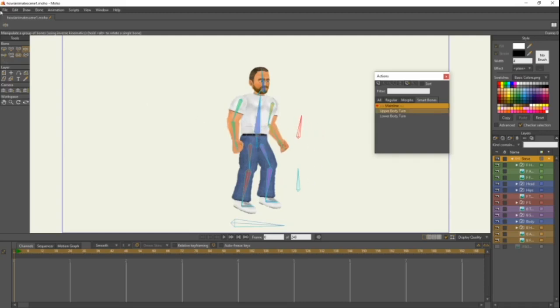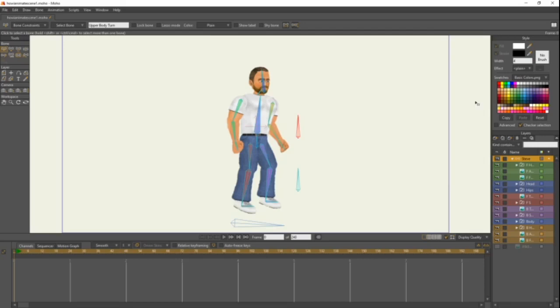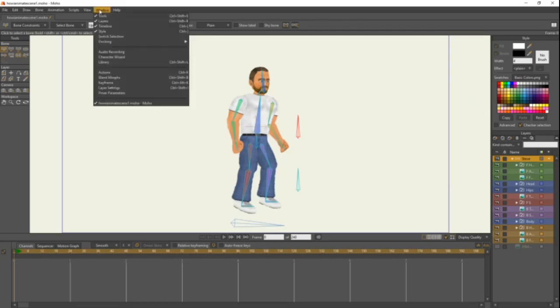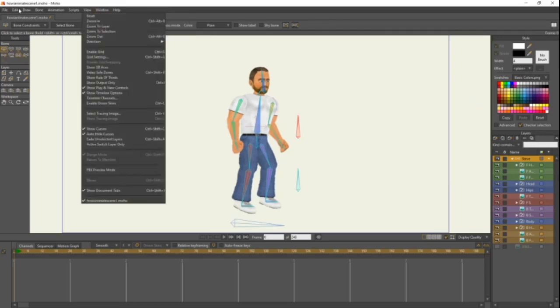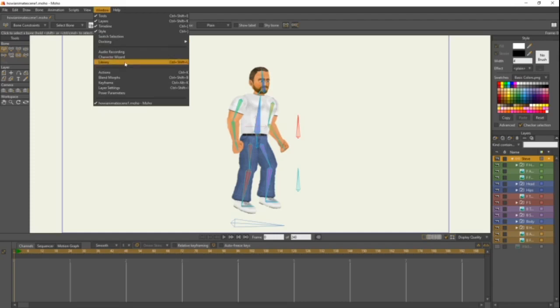So yeah, that's basically how you do that, and that's pretty much everything I want to teach you about rigging your character. There's a couple other things that I'll do in the other parts, but since we have that done, we're actually going to save this character to our library. You can exit out of this if you want. And to save this character to your library so you can use it in another scene, come over here to Window, Library,